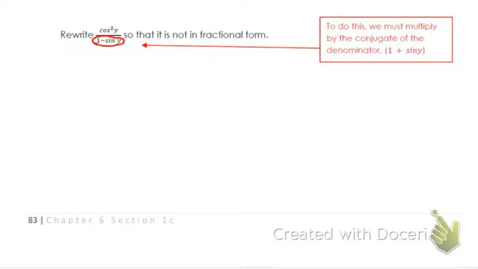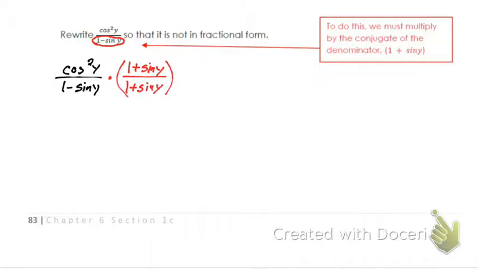So we are going to take our original fraction, which is cosine squared y over 1 minus sine y, and we are going to multiply by the conjugate, which is 1 plus sine y. So we'll multiply the top and bottom by 1 plus sine y. I am not going to distribute that cosine squared. We're just going to leave that for a second. So our top is going to be cosine squared y times 1 plus sine y